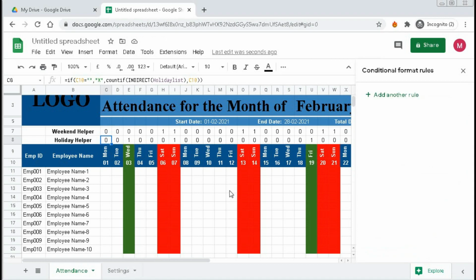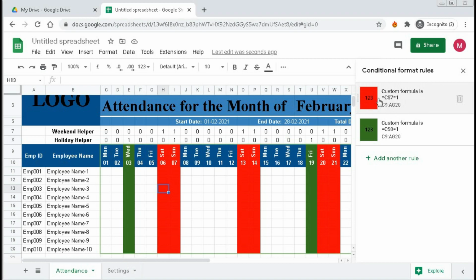So we can see that this one is showing as holiday, this one is showing as holiday, and this one is not showing holiday because here the first conditional formatting is for weekends, so it is showing this one, and this is below.